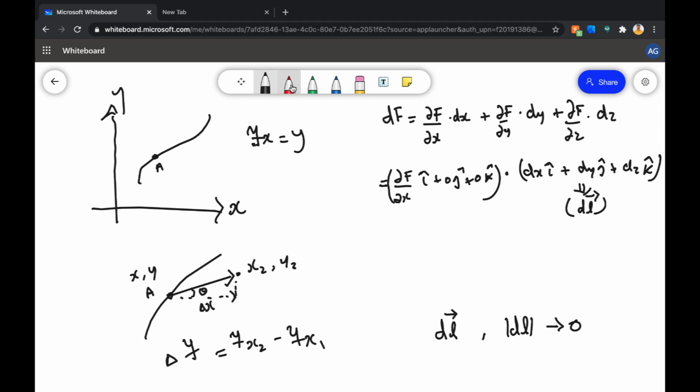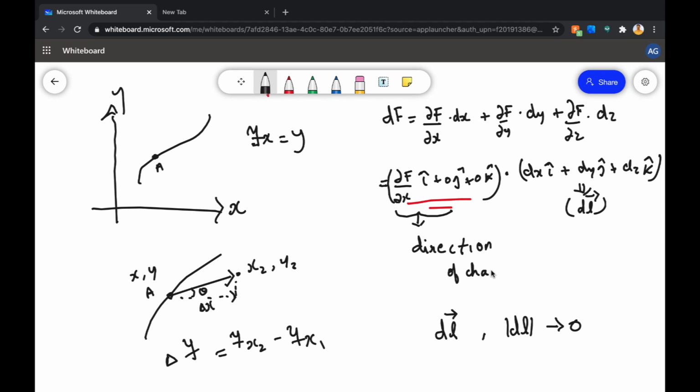Okay, so now what does this mean? Can I say this is the direction of change in f? Because if I move in any direction, if I move with magnitude dl in any direction, the change would only be in this direction. I mean, the change would only be the x component of dl, which is taking the component of this dl vector along this vector, and that would give me the change in f, irrespective of how I move in y, how I move in z. In this case, the change would only be the result of the amount I moved in x. So this is the direction of change.